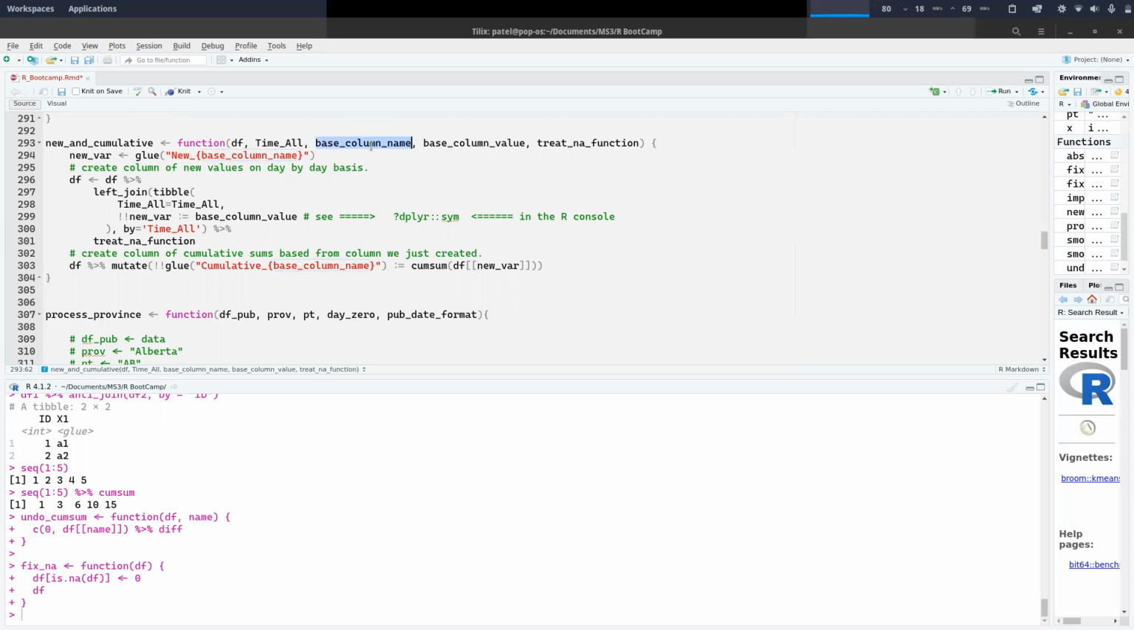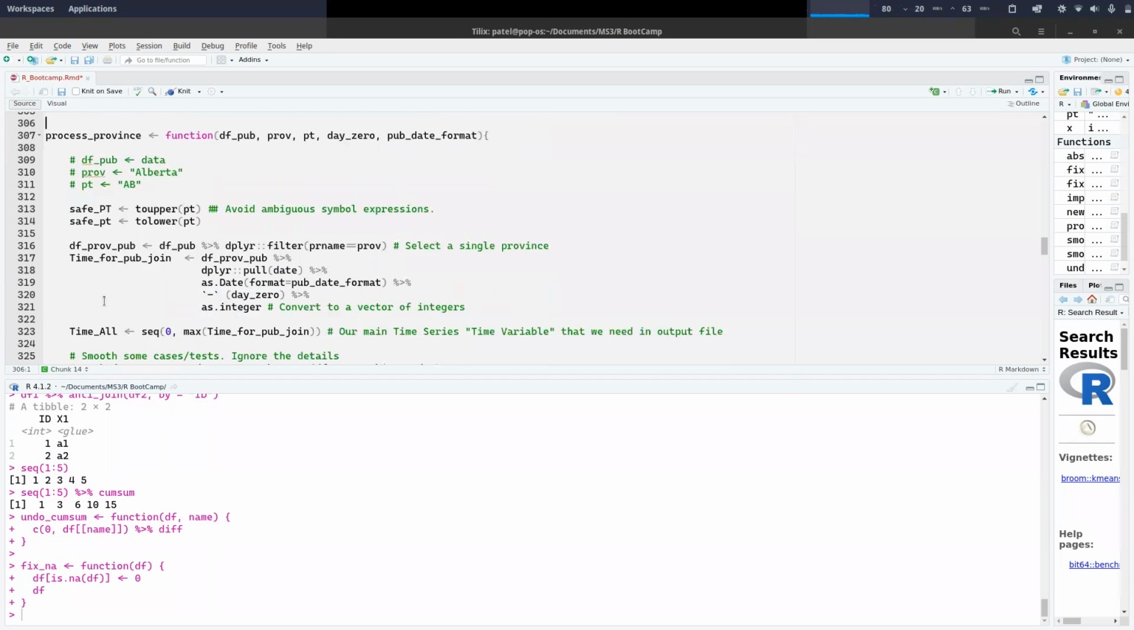Okay, so base column name was just, we'll be using this function to create nice looking data sets for cases, hospitalizations, deaths, and so on. So this is just saying new underscore base column name. If base column name is cases, it will just add a new column called new underscore cases, new underscore deaths, and new underscore hospitalization. Again, the idea is to create functions and use the same functions again and again if you are doing repetitive tasks. So we'll come back to this function later on,